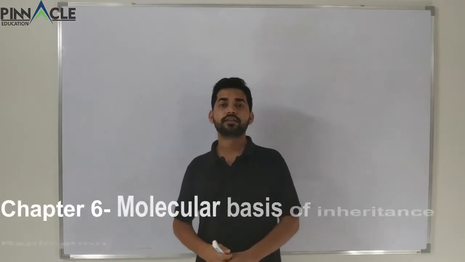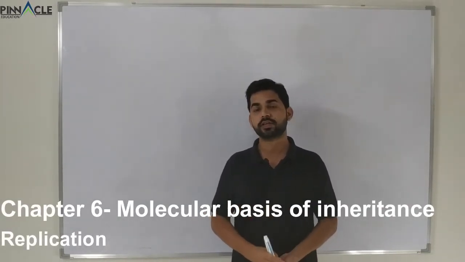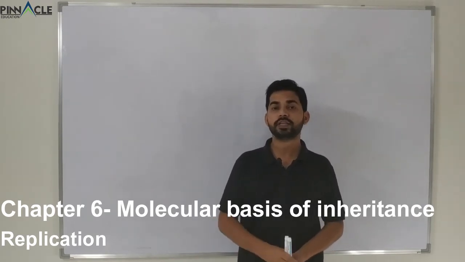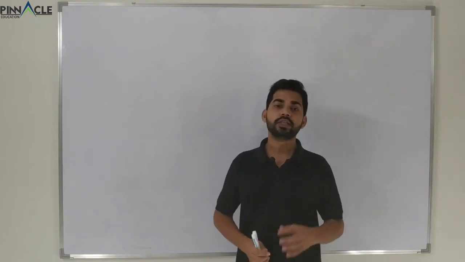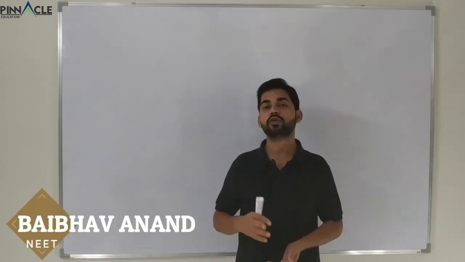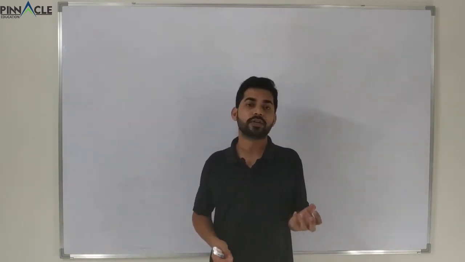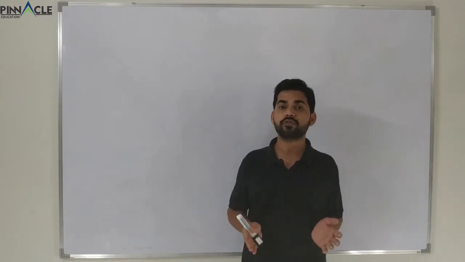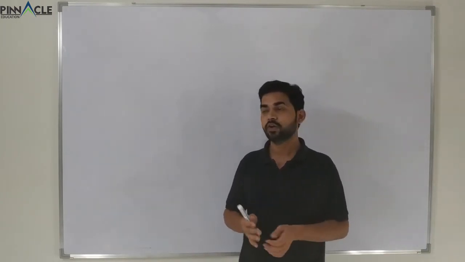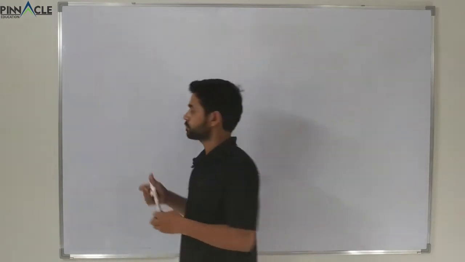In the previous class, we had studied about DNA, the properties of DNA and also its structure. Before moving into that chapter, we'll have to study about the differences between RNA and DNA. In the previous class, we had studied about the various nitrogenous bases in DNA and also the various nitrogenous bases of RNA. That was one difference, and apart from that, there are lots of other differences between DNA and RNA that we have to study now. So we'll first start with differences between DNA and RNA.